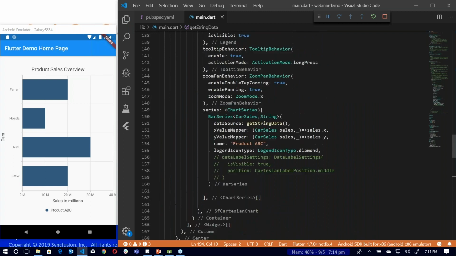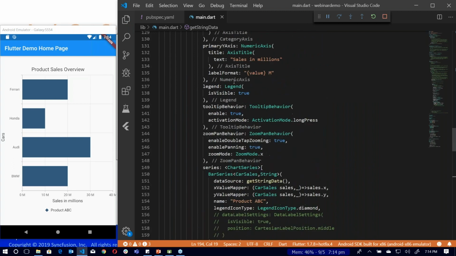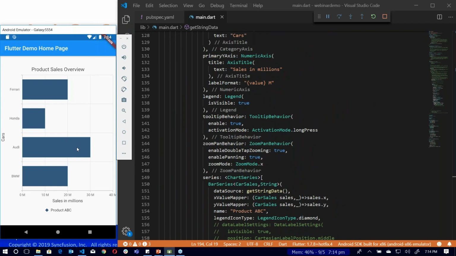So this is one type. For example, I have enabled the trackball, but since I said it shows a vertical line by default. If I want a horizontal line, then I can change the line as well. So I can go to the trackball here